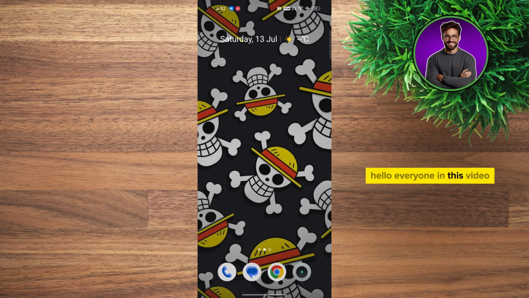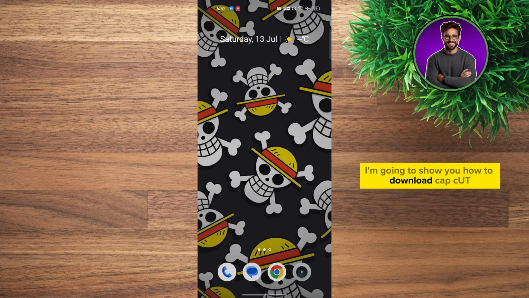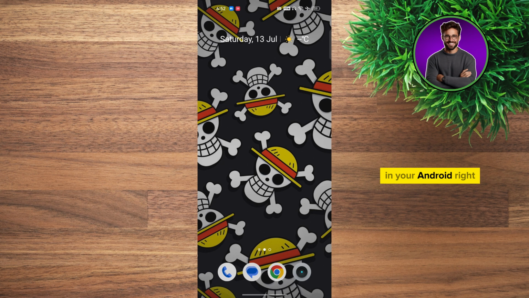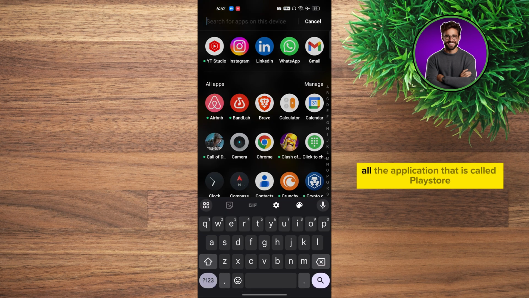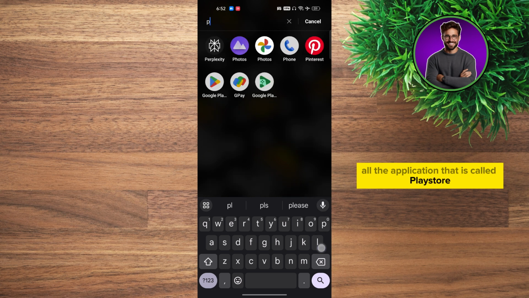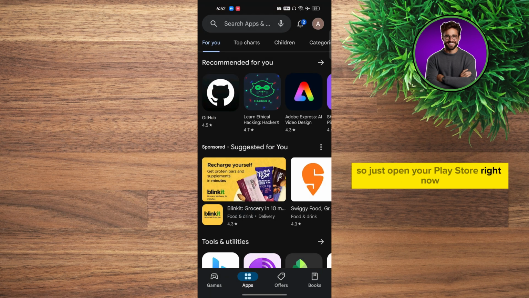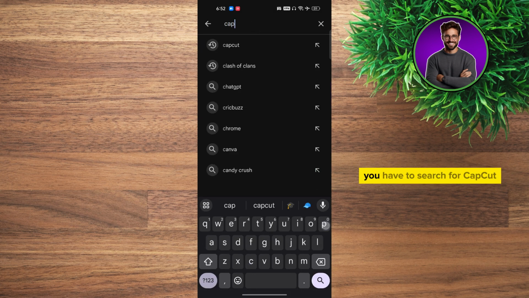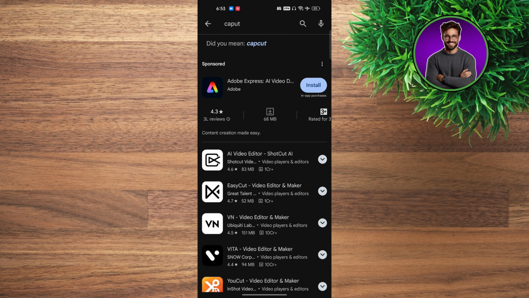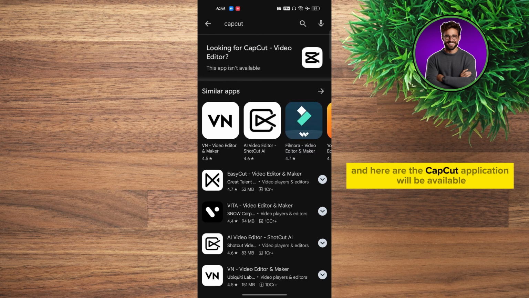Hello everyone, in this video I'm going to show you how to download CapCut on your Android. In Android there's an app from where you can download all the applications, called Play Store. So just open your Play Store right now. Here you have to log in using your Google ID. That's it. Now here on the search bar you have to search for CapCut, and here the CapCut application will